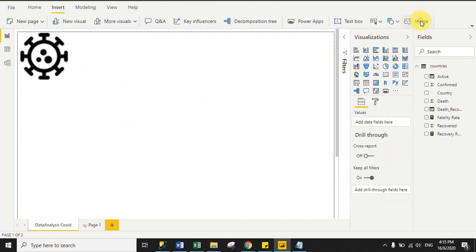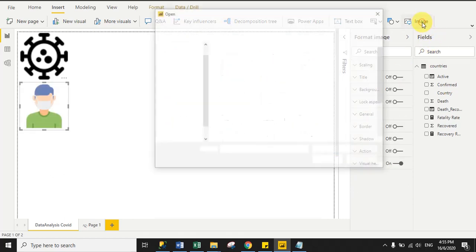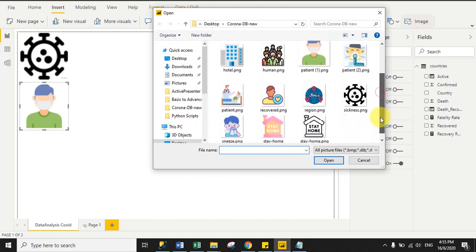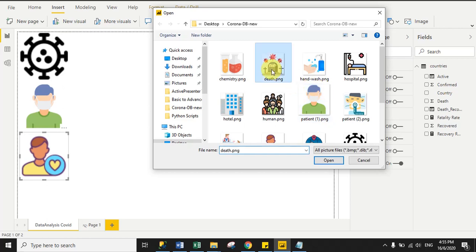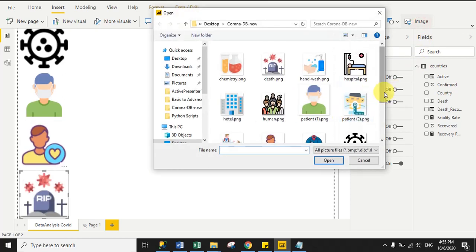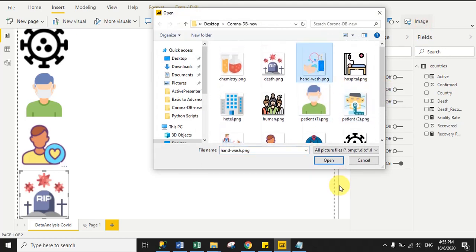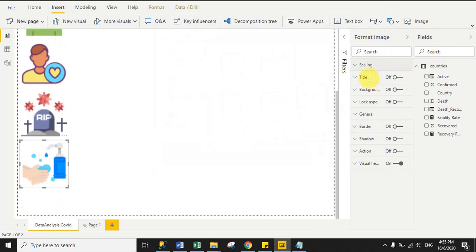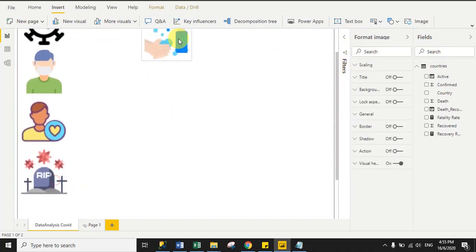Then I will load a second image, suppose a patient image, and after that I upload the recovered image, and then the RIP icon image, and after that the sanitizer image, right? So this is sufficient.